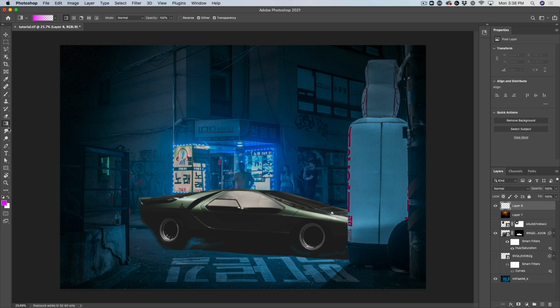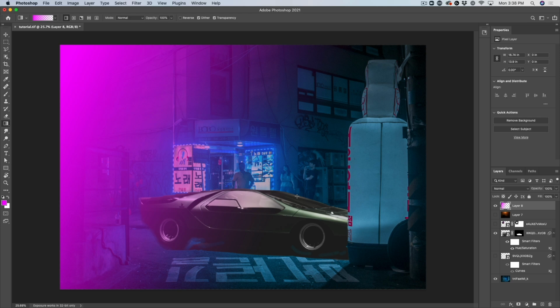Now what I'm going to do is apply this gradient. You just click and drag. You'll see this line. And then when I release, it's going to apply that color. So that's going to be pretty good. So we've got a nice pinkish glow we're going to add on that side. Let's create a new layer. And we're going to do the same thing on the other side, but this time we're going to go with